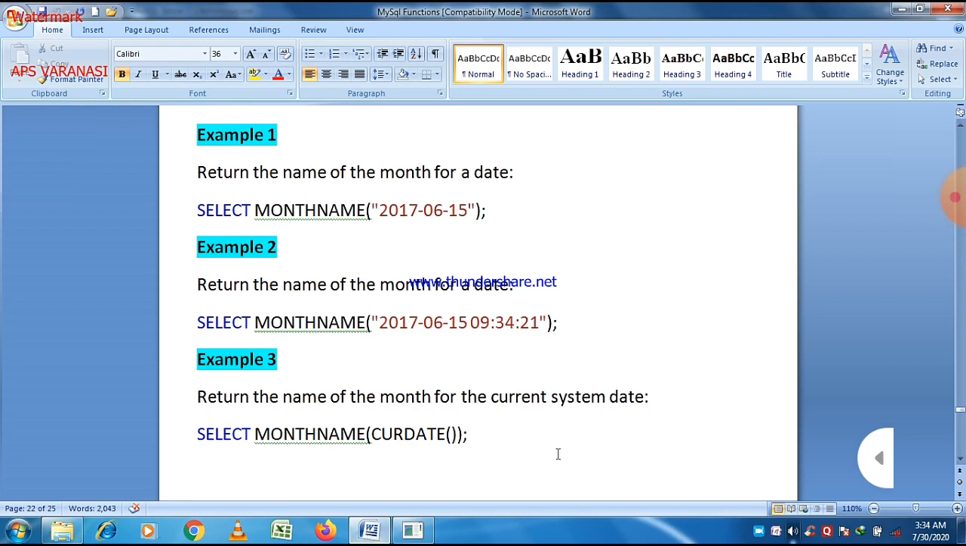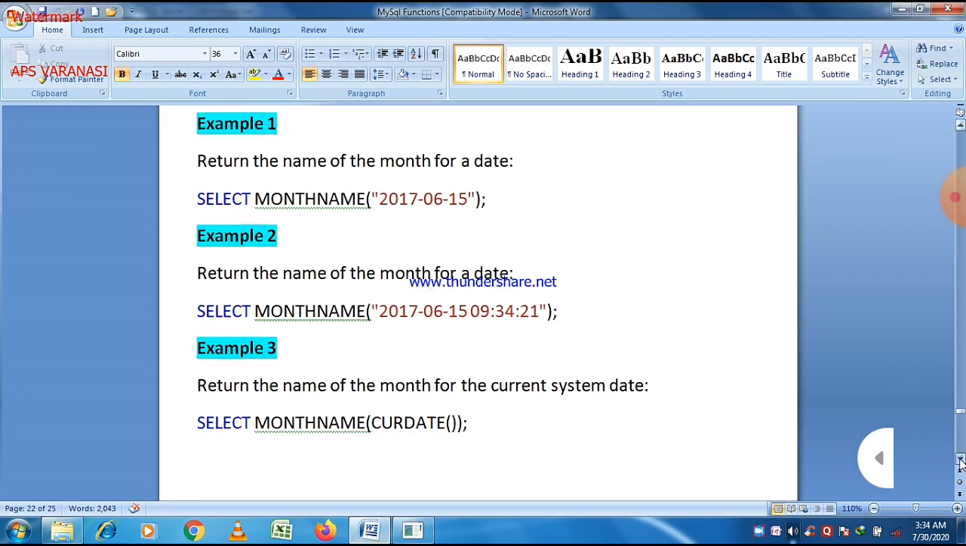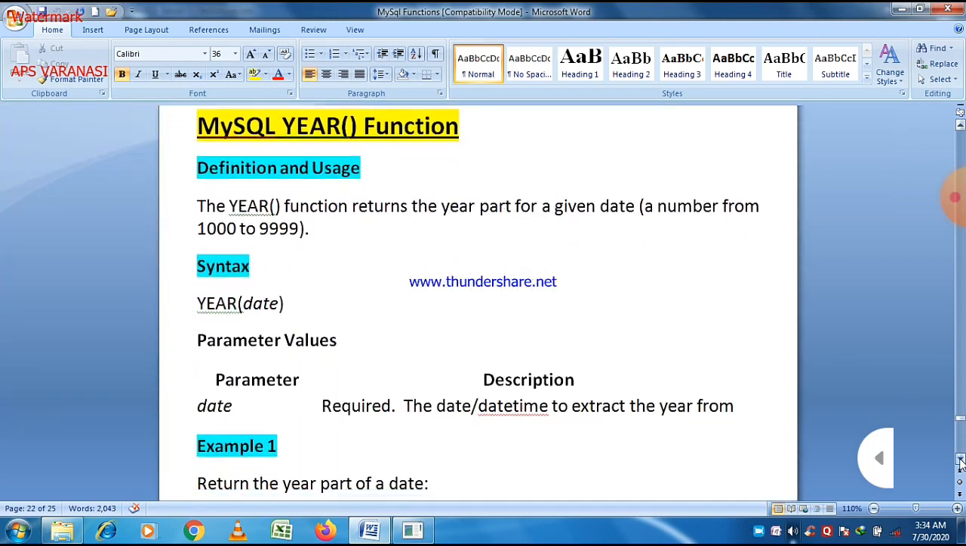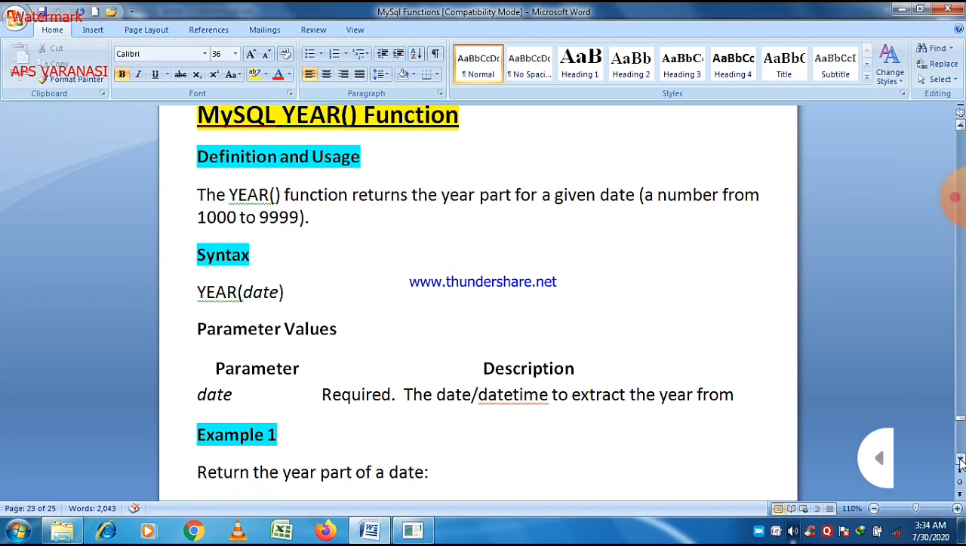Now our next topic is, after month name, we can take year. So obviously year returns year, and it returns a number from 1000 to 9999. So the year function returns the year part of a given date,